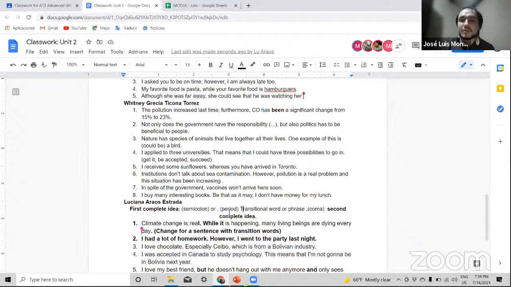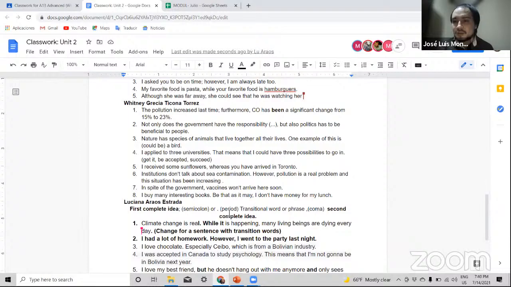But when you say in spite of the government, it's like, okay, but what is the government doing? So you can say, to make it even better, and it's still going to be a phrase, in spite of the government's efforts, or in spite of the government's negotiations, something like that,